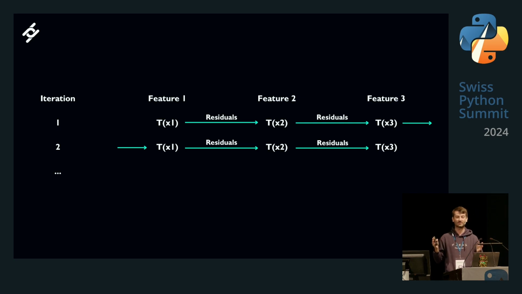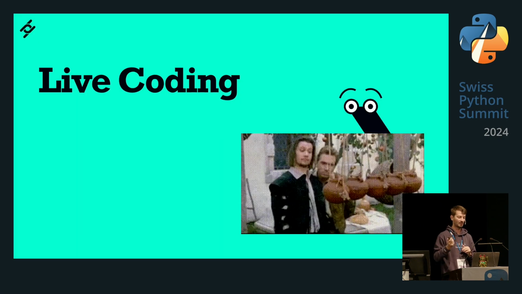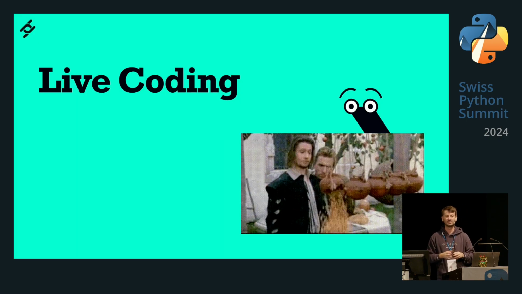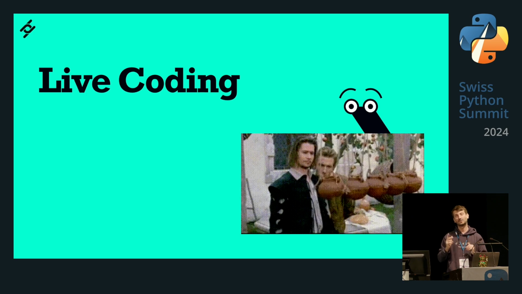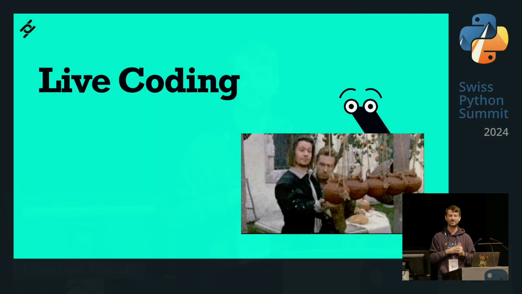You do this kind of round robin, and at the end of the day, what you hope happens is that by training against the same feature multiple times, you capture exactly the contribution of that specific feature. And this is it. Actually, there is one more thing that is remarkable about the explainable boosting machine,